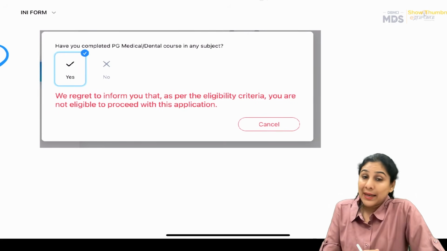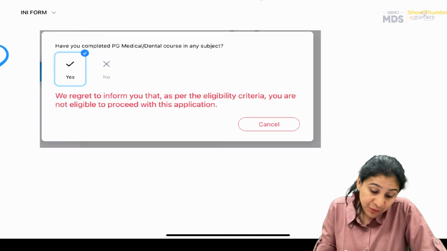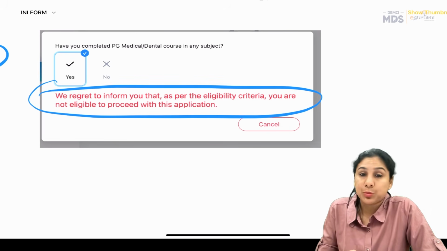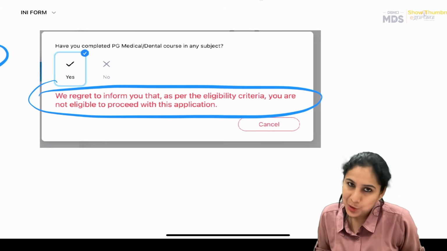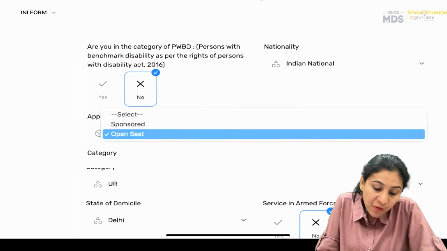Like I said, have you completed PG in any medical or dental subjects? If you mark a yes, then you are not eligible. So everybody who has done your PGs, you are not eligible. Okay. Then, are you in the category of physically